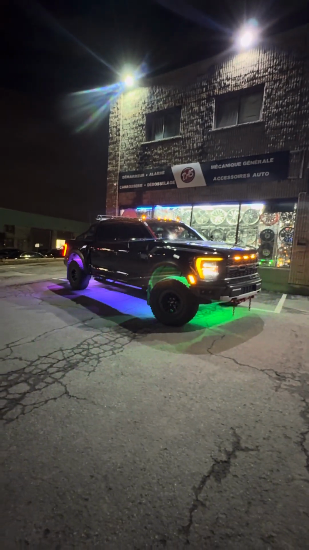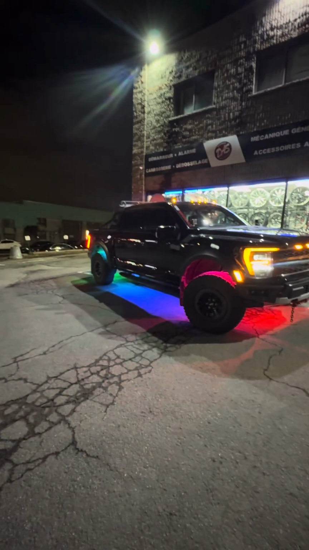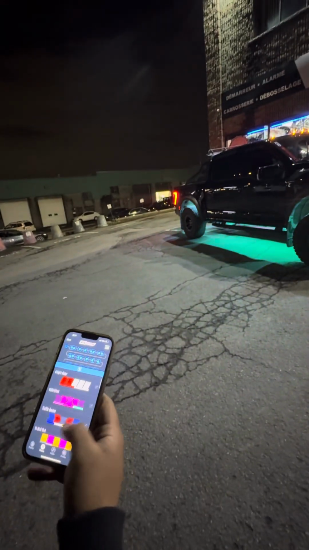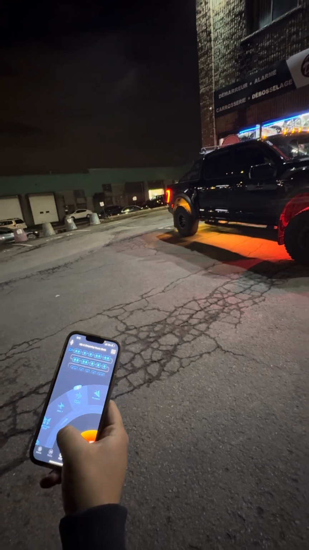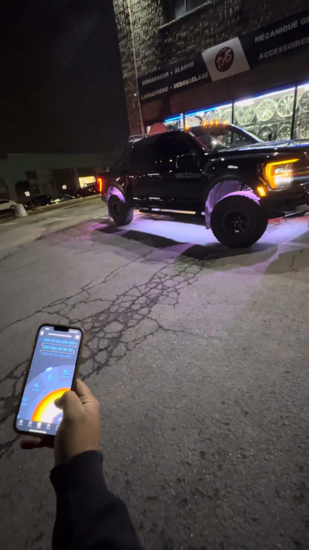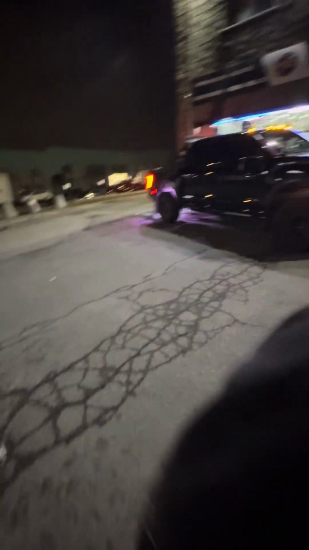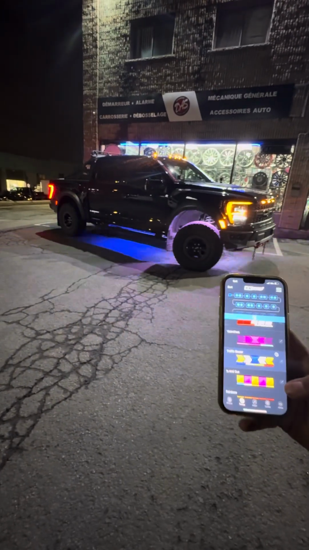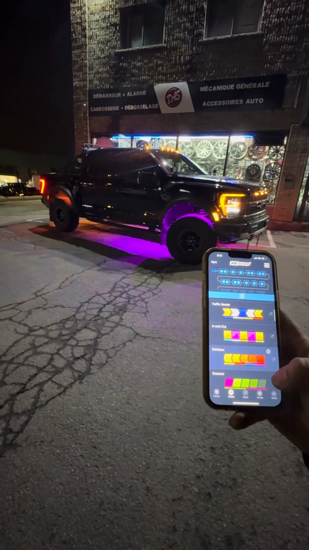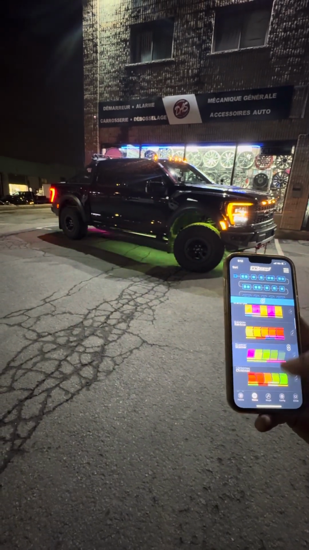And let's try something else. Let's see what he's doing now. You can also have the theme going to the music or by speed. Let me get on the other side so I can get a better view of it. There we go. So now he's just going through a series of different options. The rainbow, the scanner,